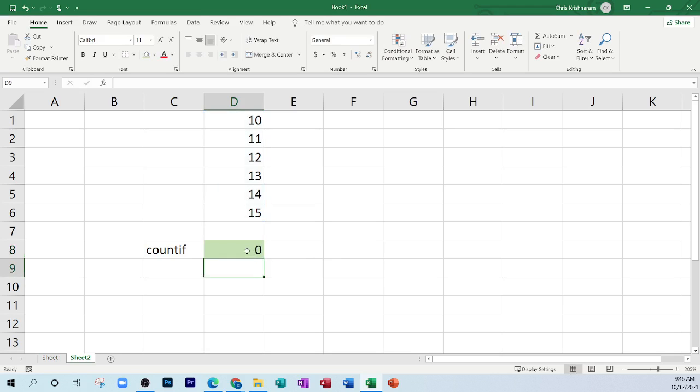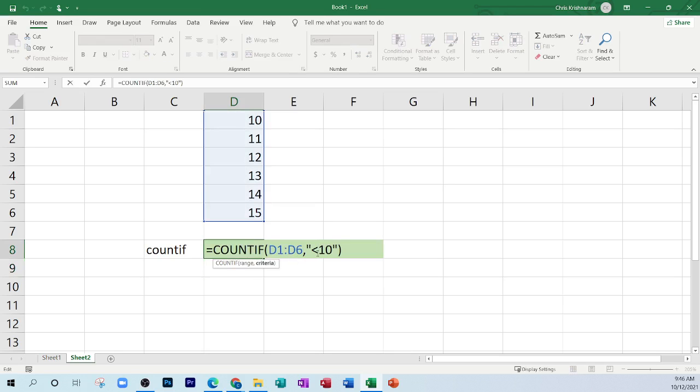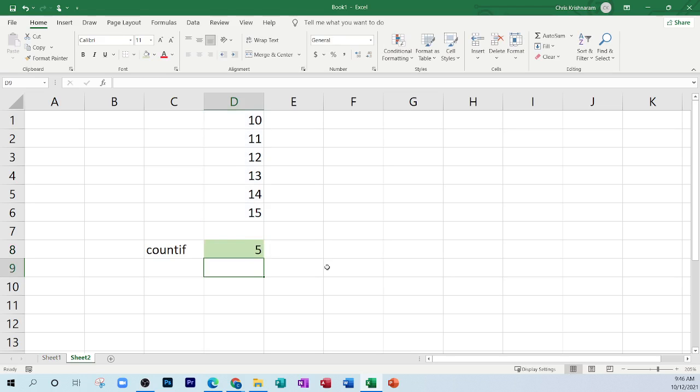That's why you're seeing 0 there. If it was greater than 10, that is our criteria now. Is there any value in these cells greater than 10? Yes. We have 5 values that are greater than 10. So,